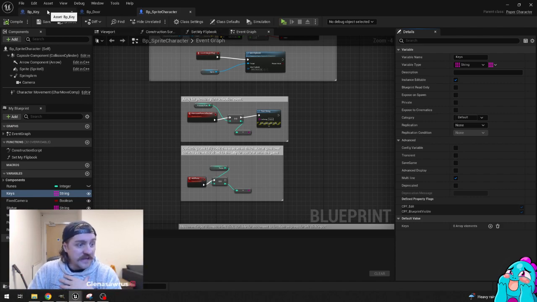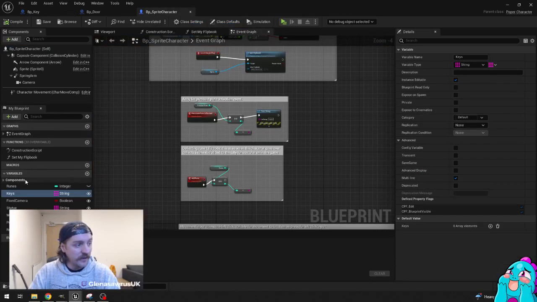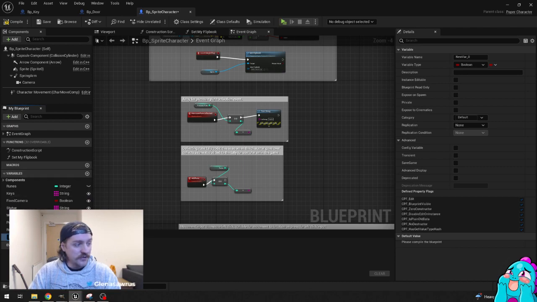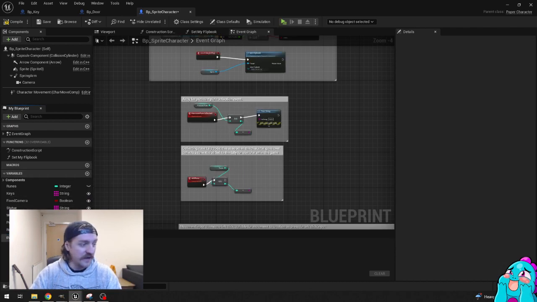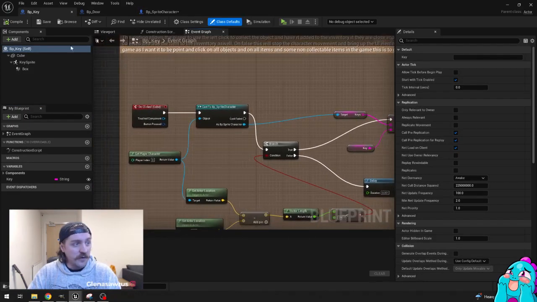So if we go to the key code, by the way, if you need to add a variable, you go down to your player here and press the plus symbol, you can add variables and you can change what type they are and everything else. So if you haven't done that before, you go down to here, press variables, press plus, and then change it over there. So if we go to the key, what you need to do for the key component,